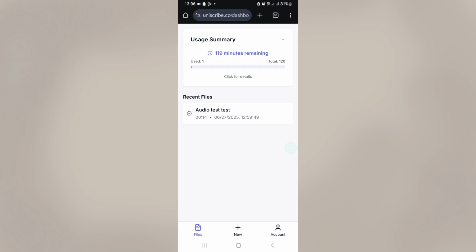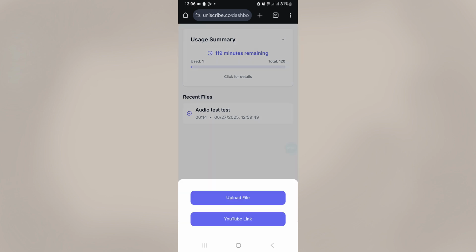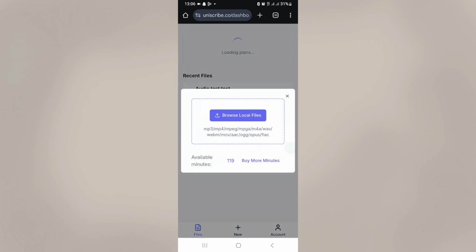Uniscribe is the best because it gives you up to 120 minutes on a free plan, which is really great. And it's easy to use and doesn't take time. And as you can see, you can easily create a new project, or rather convert a new audio to text by simply clicking on the new button and then upload file, and then browse the file,